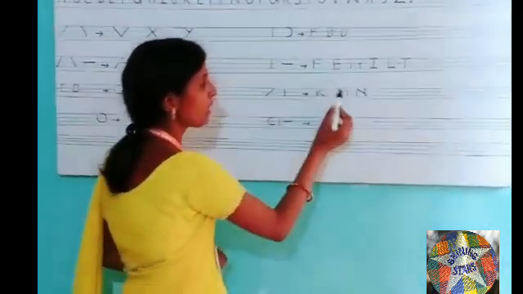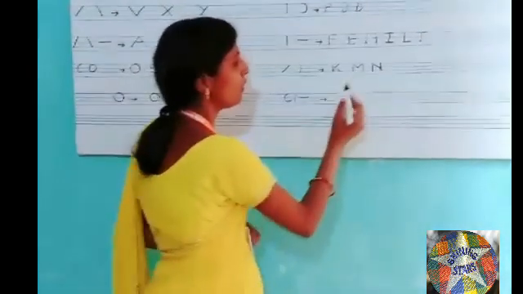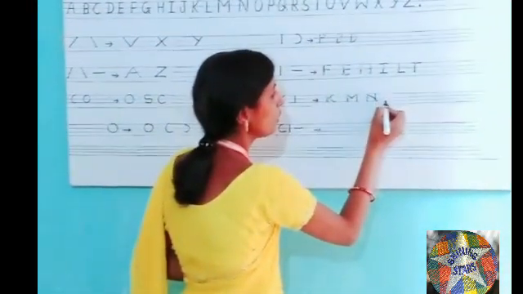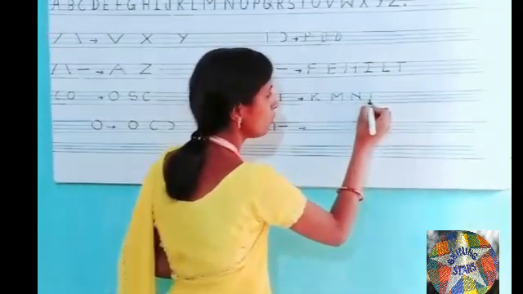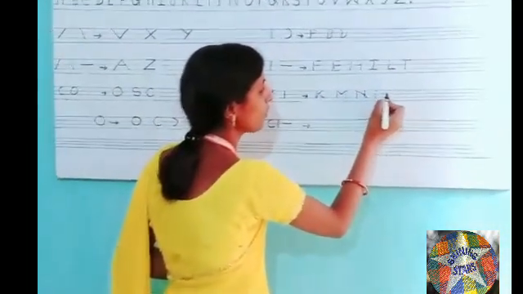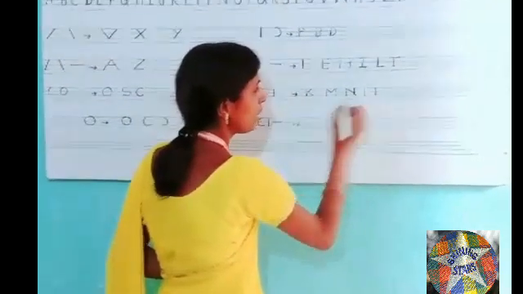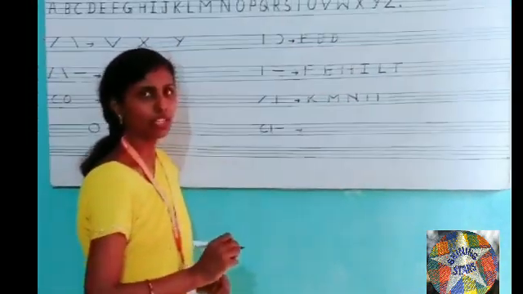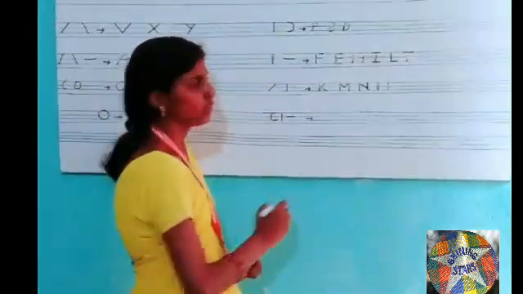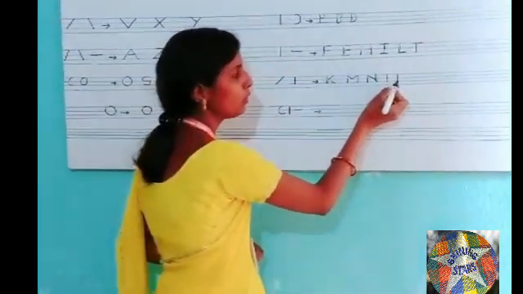So it is above the blue lines. Now we will write it the opposite way. First we draw a standing line, blue to second green line. Blue line to second green line. Again we will draw blue line to second green line. If you want to count the lines, you can count. 1, 2, 3.